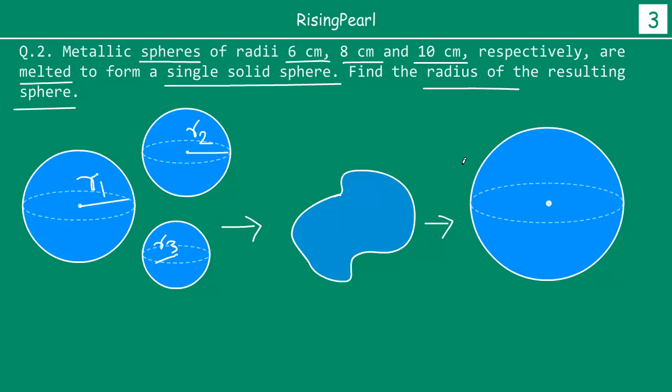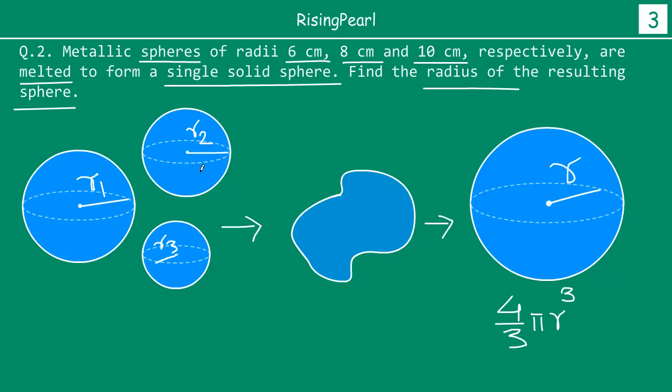So what is important again, friends, is now the volume, if we say that this final radius is r, then what is the volume of this sphere? We know that this sphere, the volume will be 4 by 3 pi r cube. That is the volume of the final sphere. But this really is made from this. And what is this? This is nothing but the total volume of